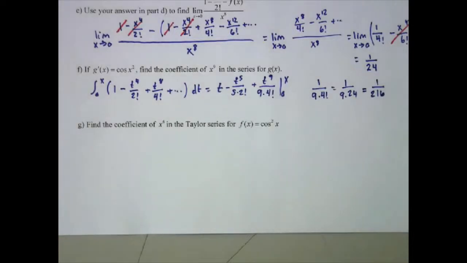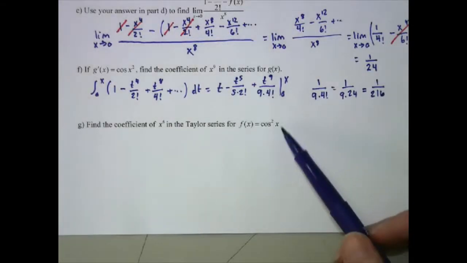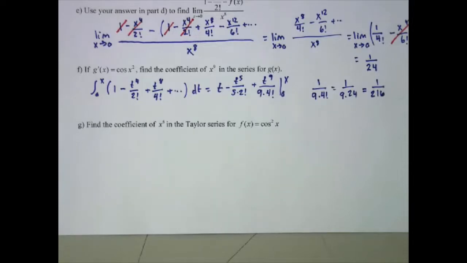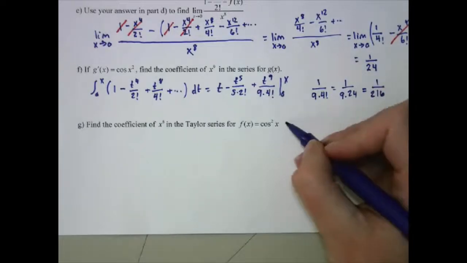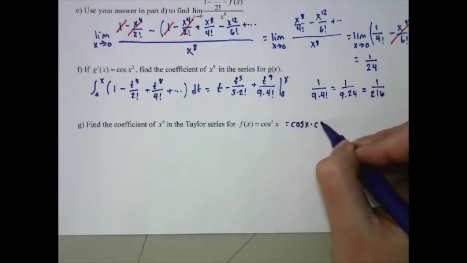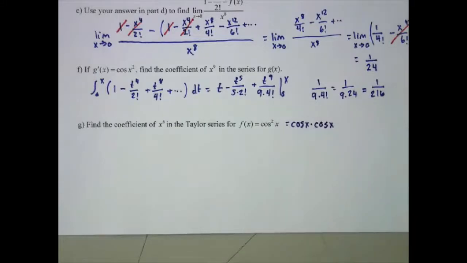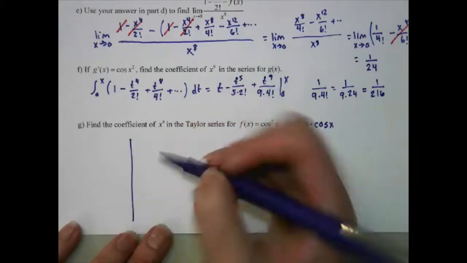Okay, last part of this, find the coefficient of x to the 6th for the Taylor series of cosine squared x. There's two options here. Number one is to use the double angle substitution, or you can treat this as cosine of x times cosine of x. You'll get the same thing either way. I am going to do the chart, and that's up to you. Otherwise, you rewrite this using 1/2 plus 1/2 cosine 2x, and write out that series. But I'm going to go ahead and